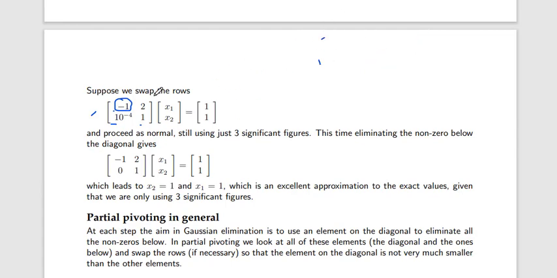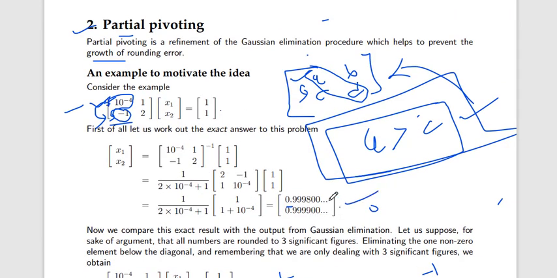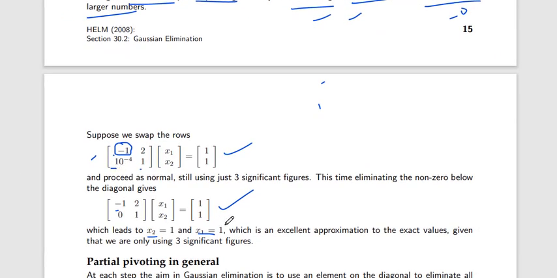So we will swap the row. Now we will use Gaussian elimination. Using Gaussian elimination, simple, we will get the answer as x2 is equal to 1 and x3 is equal to 1. Here same, x1 is equal to 1. So with the inverse method and Gaussian elimination, we will get the right answer.